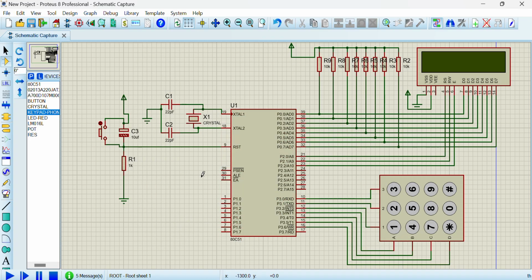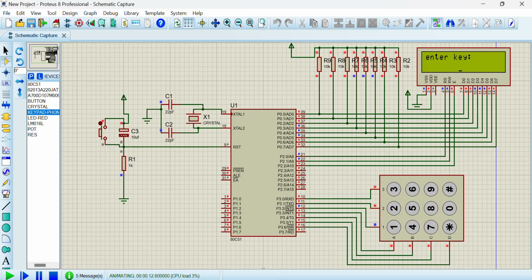I have loaded the code. Let's start the simulation. Here the message is shown on the LCD, enter key, and our key will display here on the 7th position